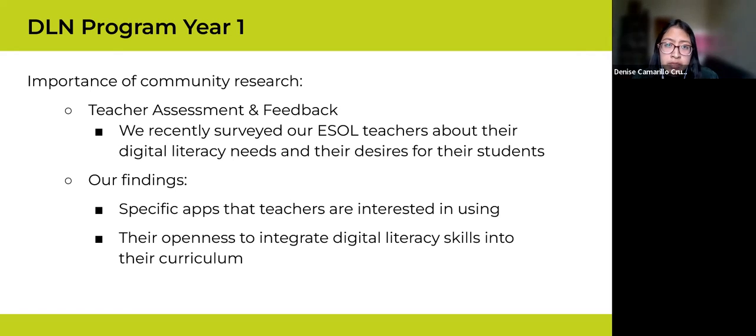And how are we going to get a grasp of what our students need? We were able to meet with students one-on-one whenever they needed specific help. But we also wanted to get feedback from the rest of our ESOL community. So this includes teachers. We recently started a survey where we surveyed our ESOL teachers, and we wanted to ask